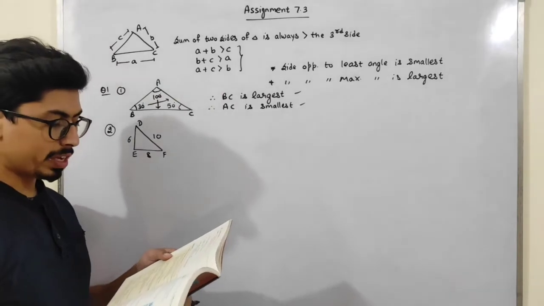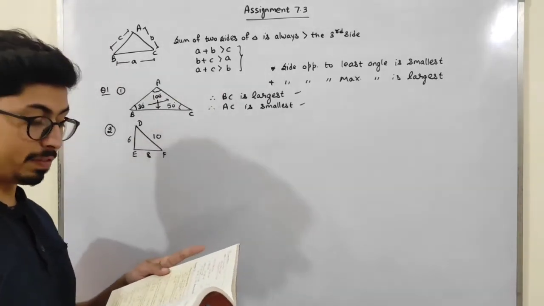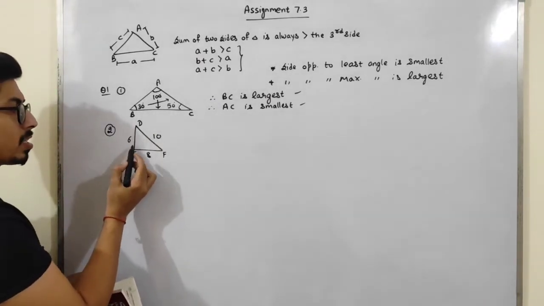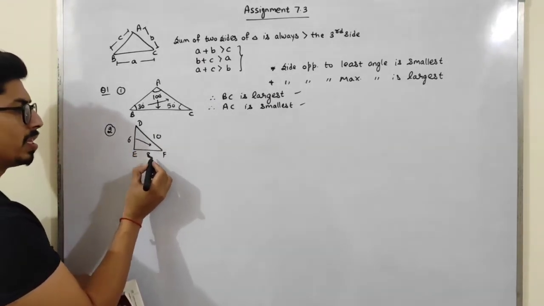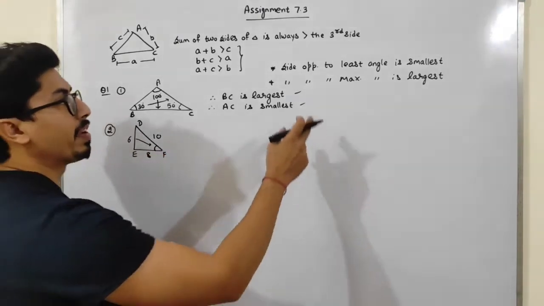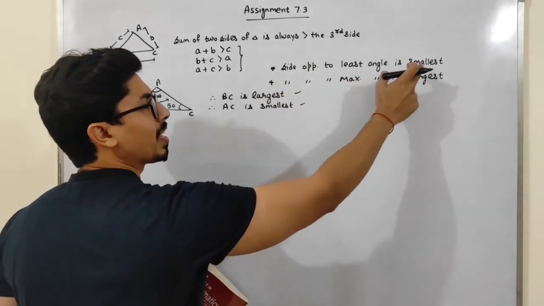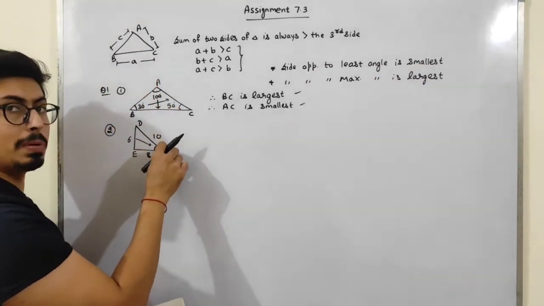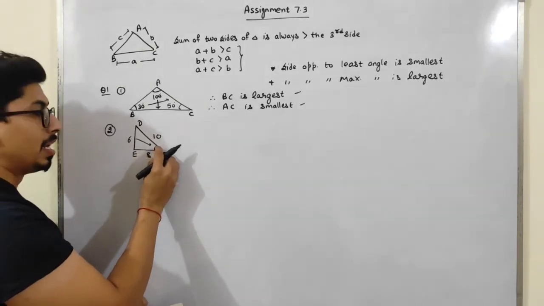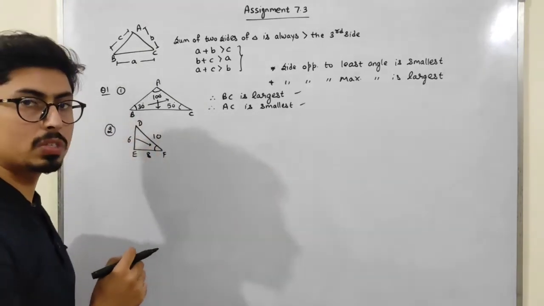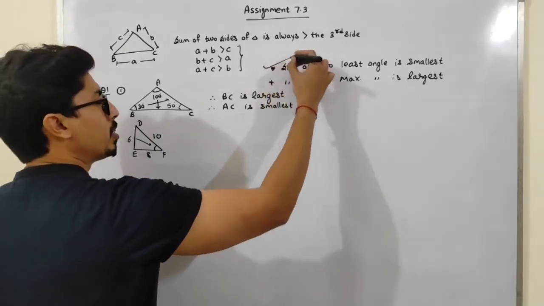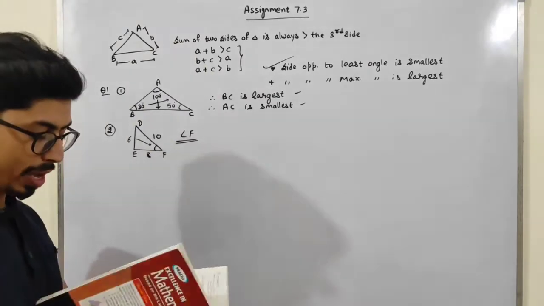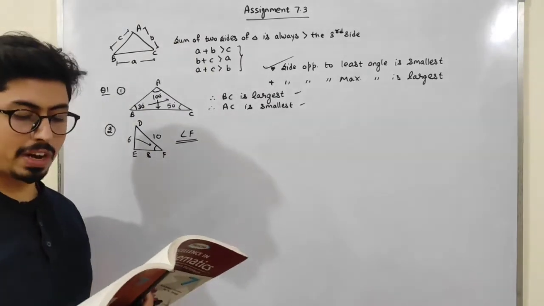Now students, which of the following is the smallest angle of triangle DEF? We have to find out the smallest angle. See, this is the smallest side, students. So the angle opposite to this will be the smallest, because the side opposite to the least angle is smallest. If I am taking the smallest side, the angle also will be smallest, and if I am taking the smallest angle, the side will also be the smallest. So by using this property, students, angle F is the smallest, or we can say the least. So angle F, that is part B, is our required answer.